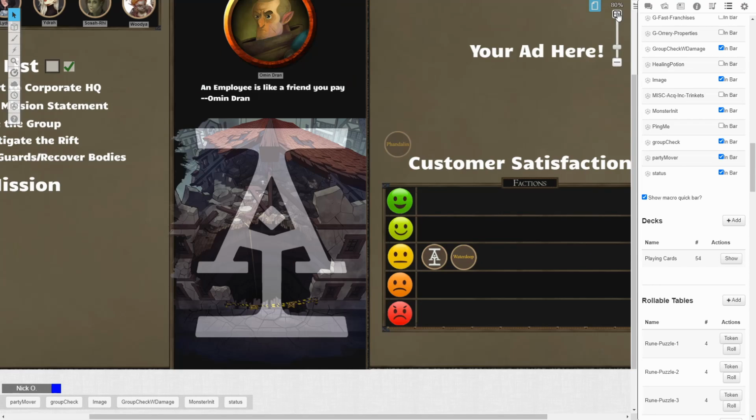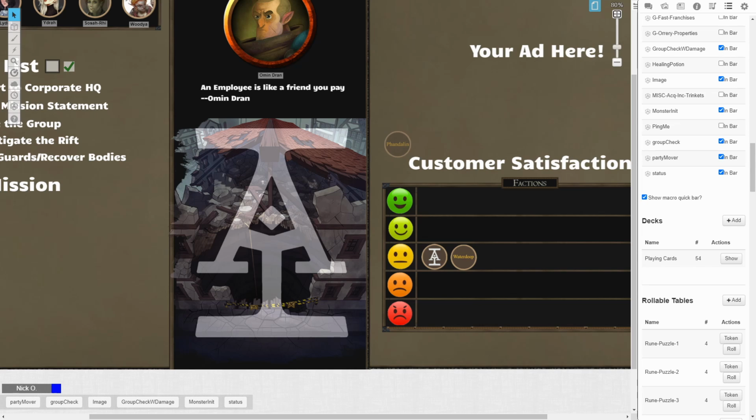So if I zoom in on the map here, I can move the Acquisitions Incorporated token up to the happy face when they achieve a certain level of status within the corporation. The City of Waterdeep, they're neutral right now. If they do the quests and maybe some of the side quests that I've got planned, that will go up as well. And then you can see I've got a marker here for Phandalin on the GM layer because that's one of the places they'll be going next. So I've got those things queued up, and as their standings and statuses within these particular organizations and others go up and down, I can track that, they can track that,